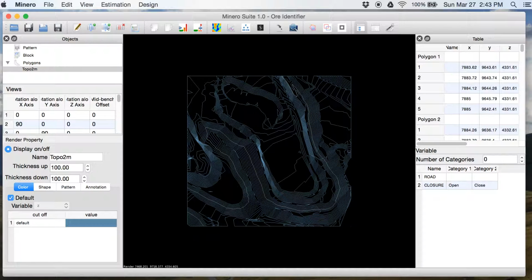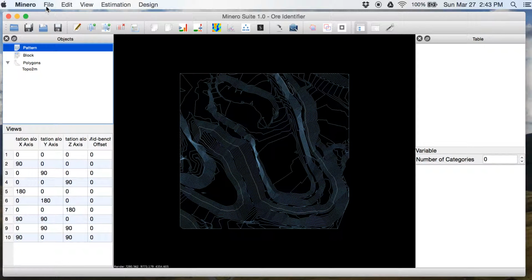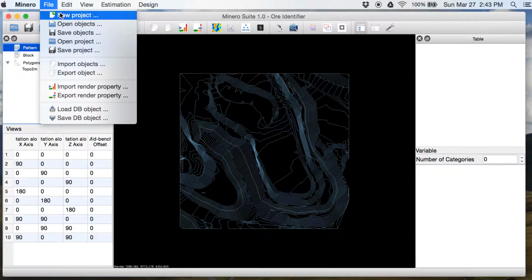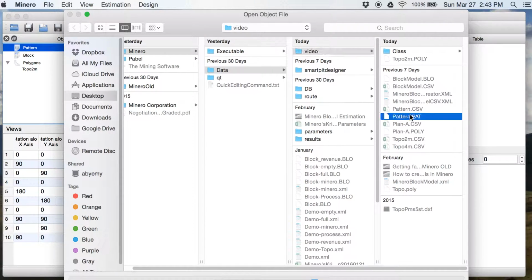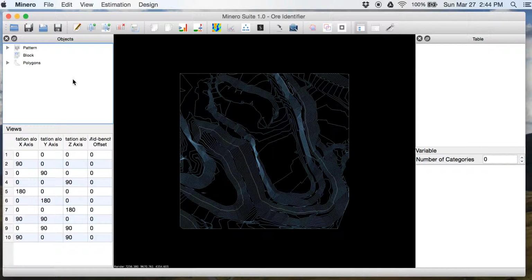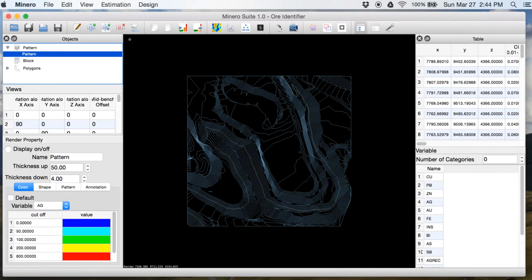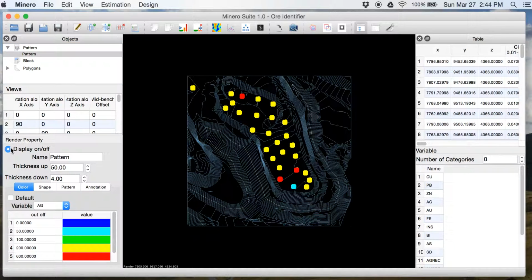Let's load the raw data, in this case the pattern data collect, pattern.pat. Pattern.pat is there, we will display.